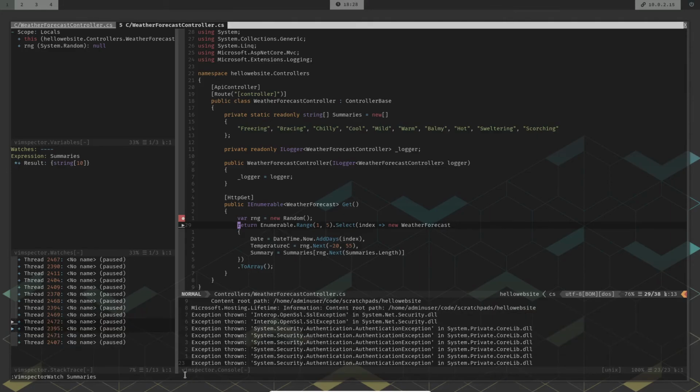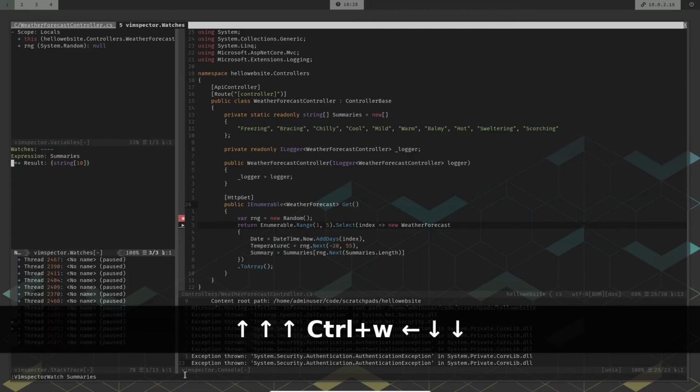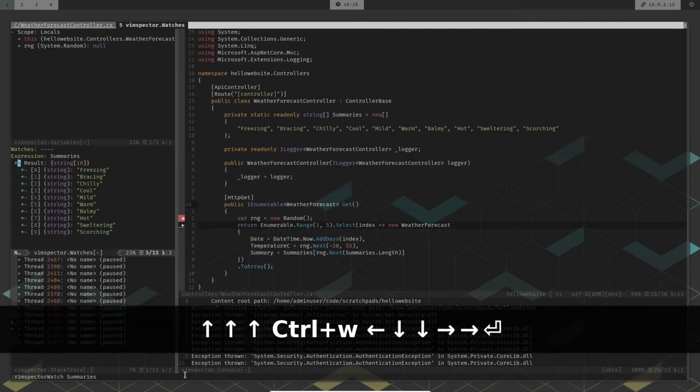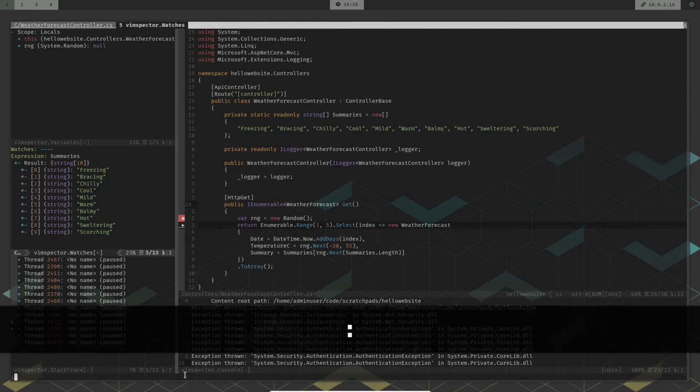It comes right on the Vimspector variables window, and I can go ahead and expand this, and I should be able to see all 10 values of this array that have been set right in the code which was initializing this array. So that's your basic overview of how you actually go ahead and start debugging websites. They are pretty identical to debugging console applications, so no difference as such.